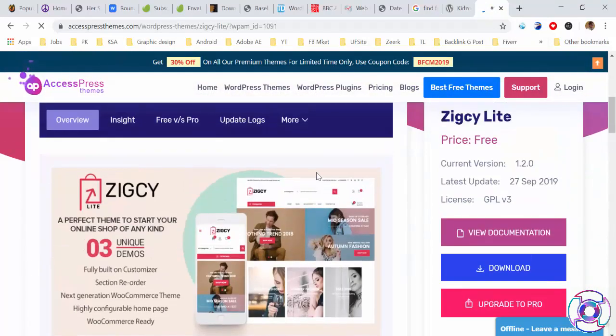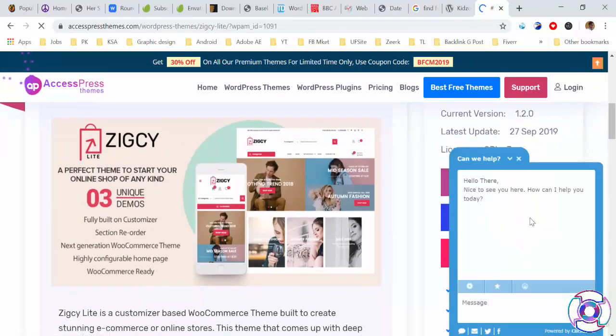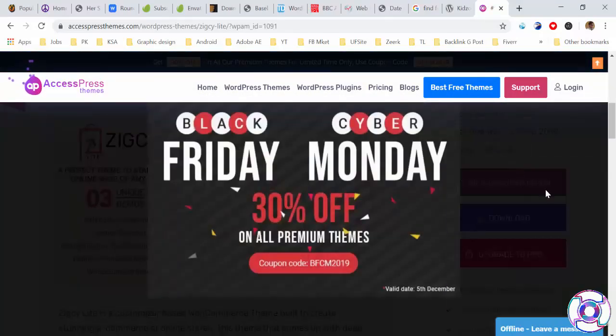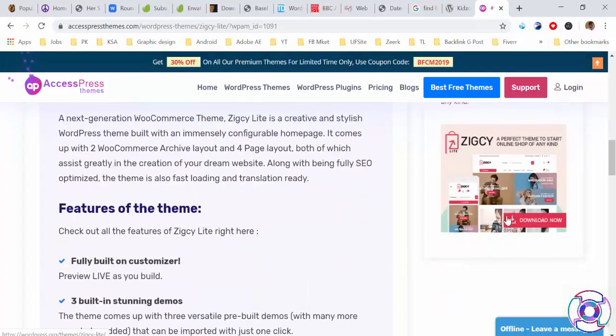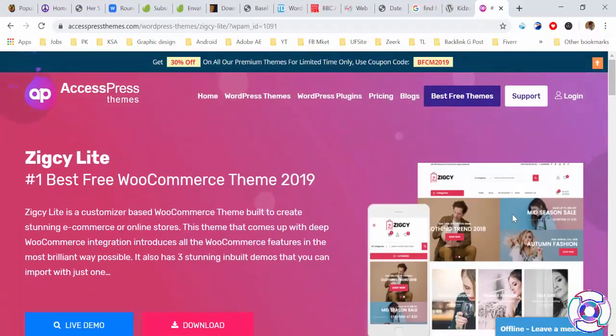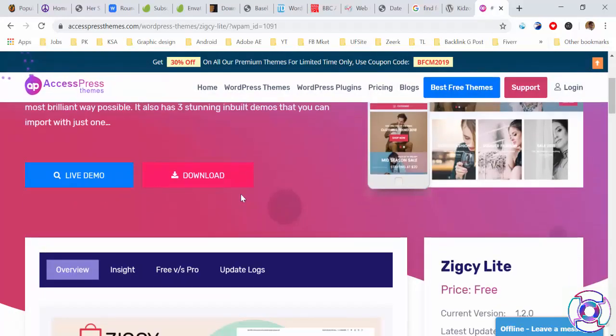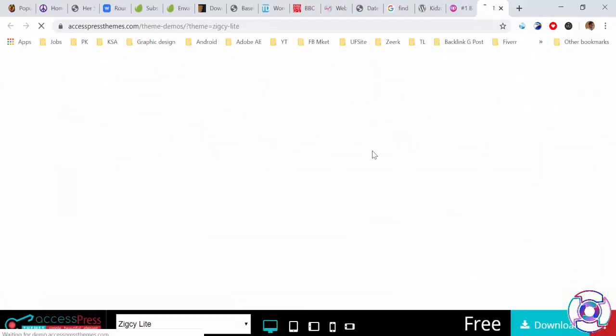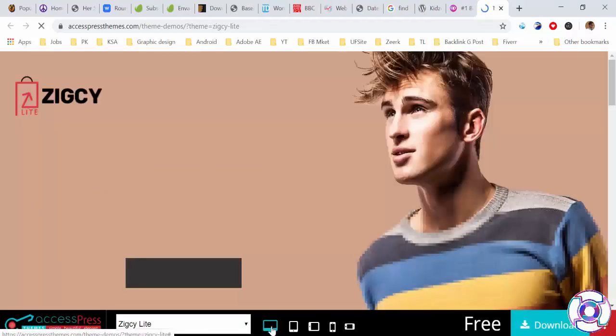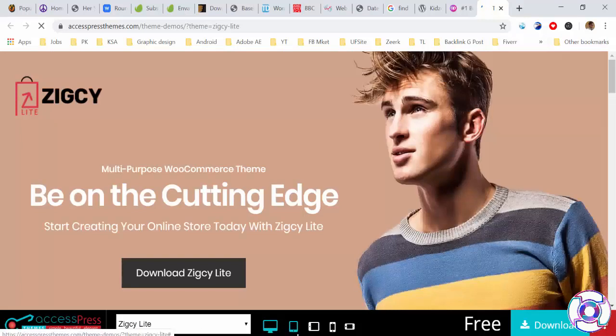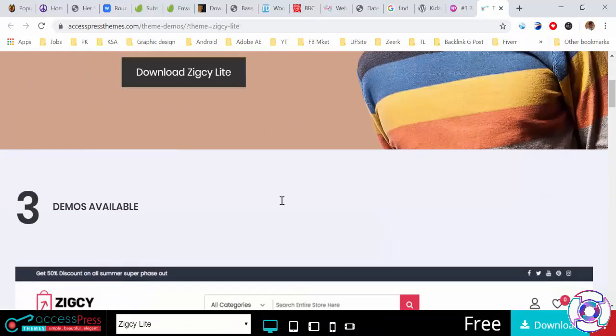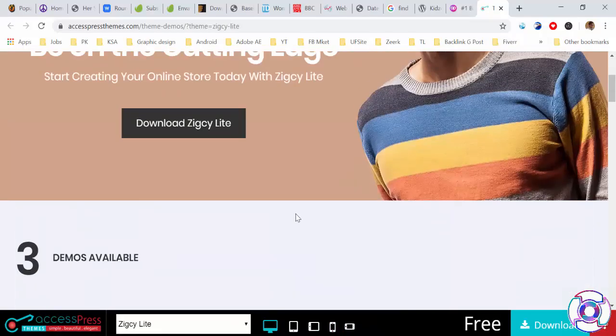And if you view the document, update to pro, this theme is also available in a pro version and a free version. For the live demo, you can test how it looks on a mobile phone, tablet and small phone. So see how these themes look.